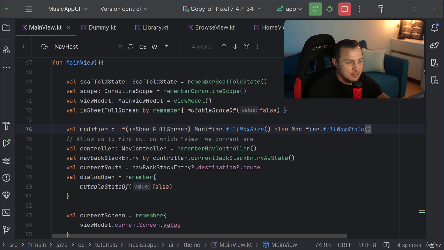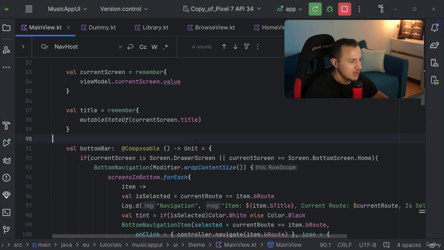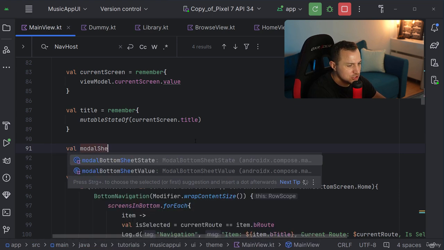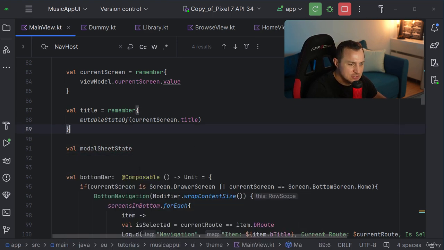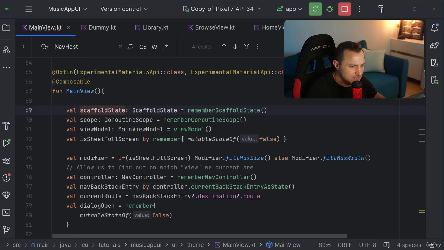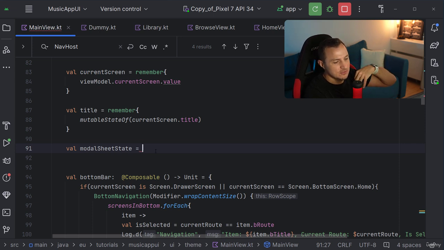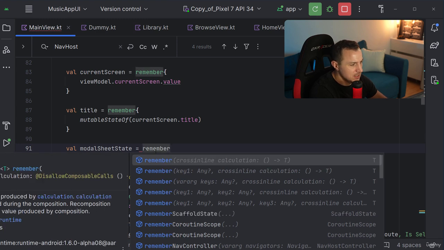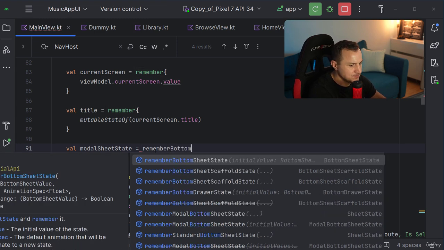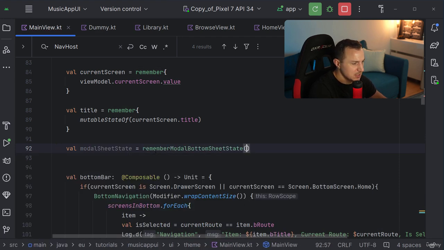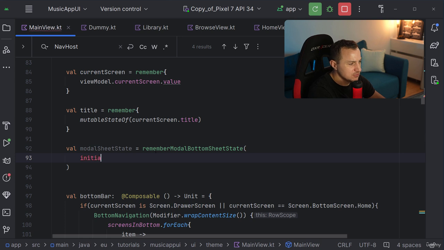All right, and while we are up here, let's also take care of our modal sheet state. So there is this thing called modal sheet state, which is similar to the scaffold state that we've seen before. We need to know what the state of our modal sheet is in order for it to update the user interface correctly. So this will be a remember modal bottom sheet state. There we are. And here we can pass an initial value,